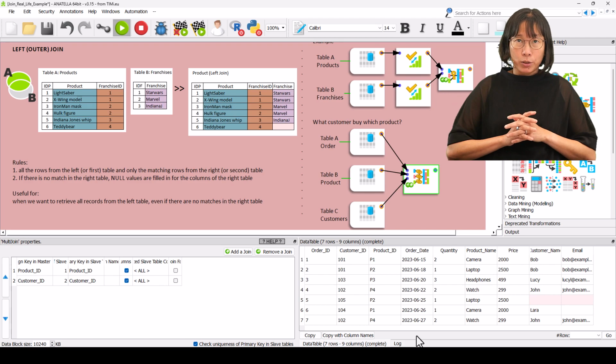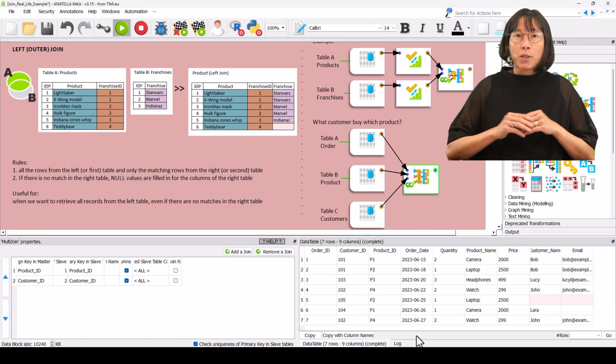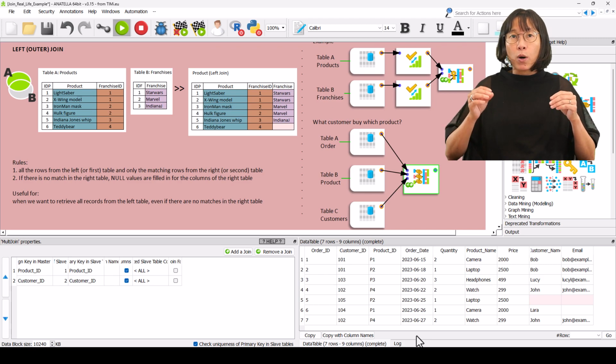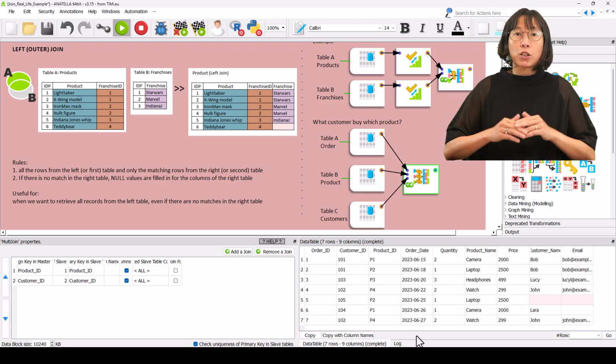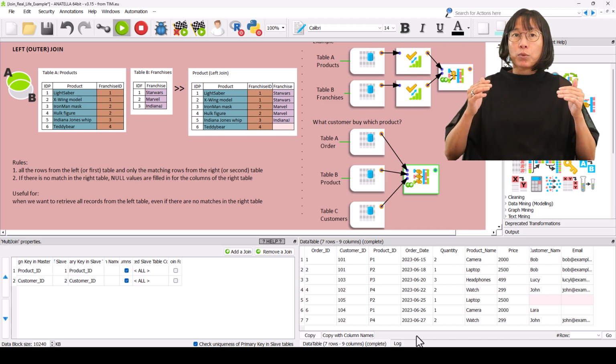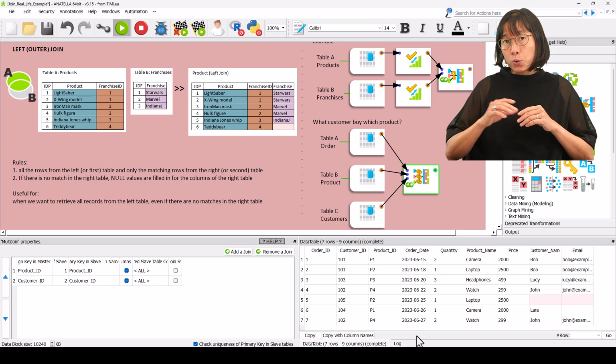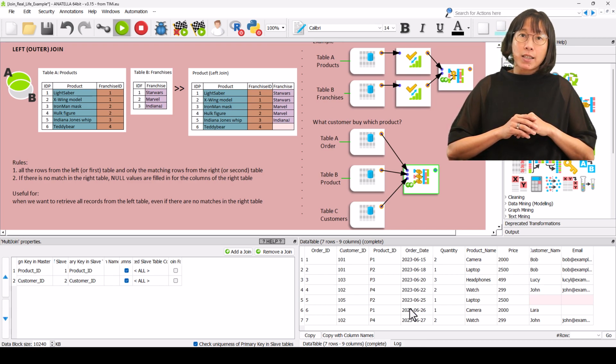In technical terms, what we just did is to denormalize the data to get one big flat table instead of dozens of small tables.